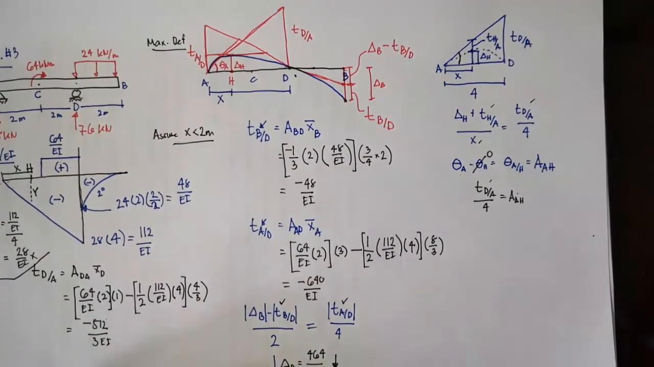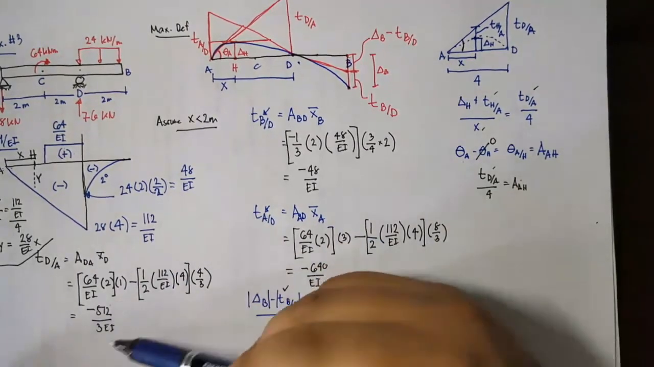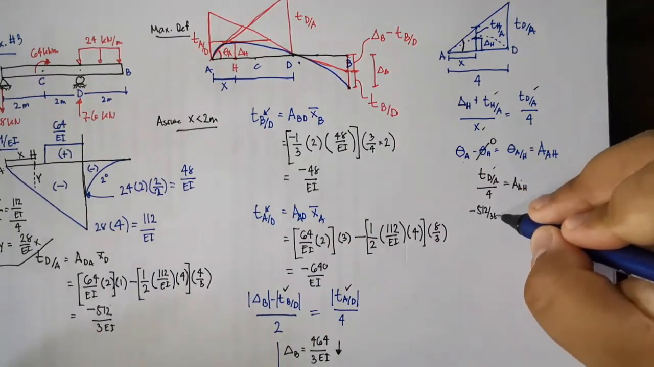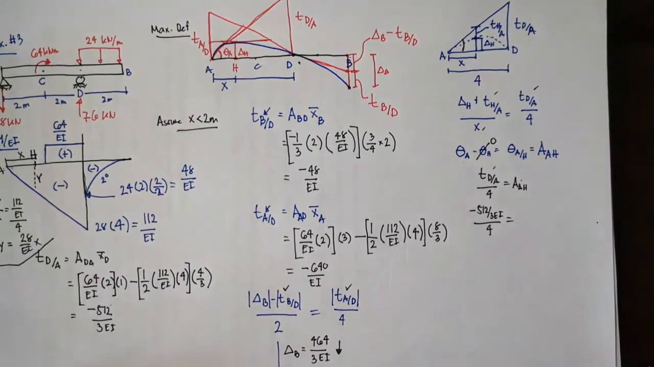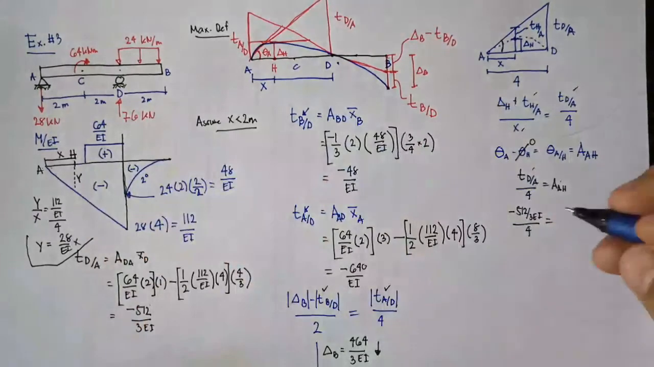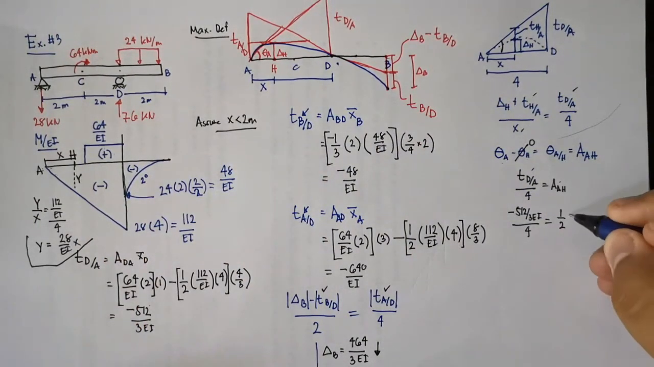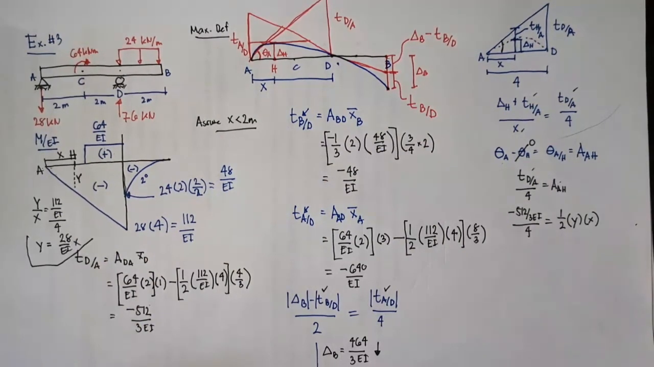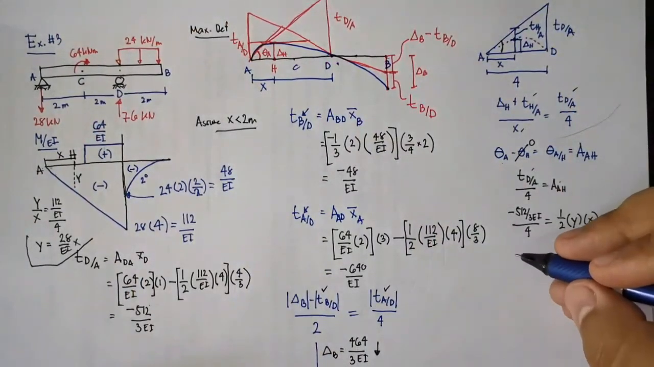TD with respect to A over 4. So, sabi natin TD with respect to A is negative 512 over 3. So, this becomes negative 512 over 3 EI all over 4 equals area ni AH. So, again, balik lang po kayo dito sa M over EI diagram. Itong area ng triangle. So, that area is 1/2 times Y times X. So, kasi area lang ng triangle. So, palitan lang natin to. Simplify natin yan. This becomes